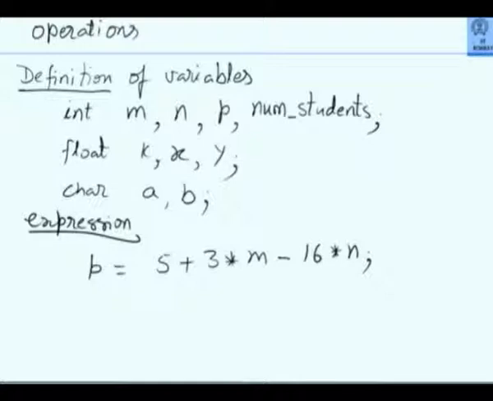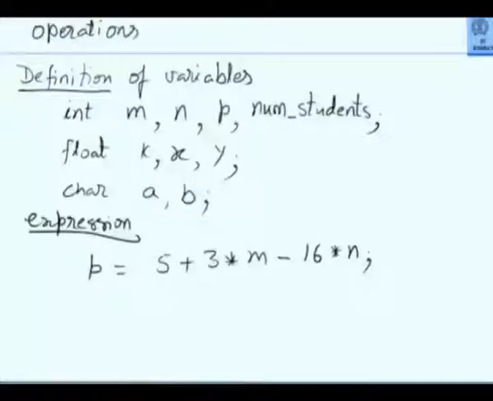Okay. So you know the precedence order. What is higher precedence in arithmetic operations? Multiplication and division. Next order, addition, subtraction. And if there are operations at the same level, then those operations are carried out from left to right. So ordinarily this will be done first, some result will be obtained, then the expression changes, it now becomes 5 plus result minus 16 star n. Now 16 star n is higher priority, so this will be done next. Now the expression becomes 5 plus result 1 minus result 2, and then you add or subtract, you will get the final.